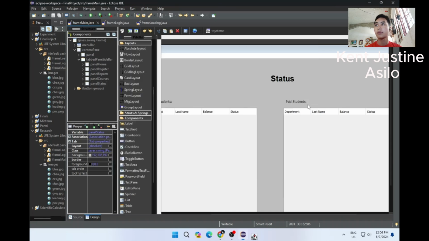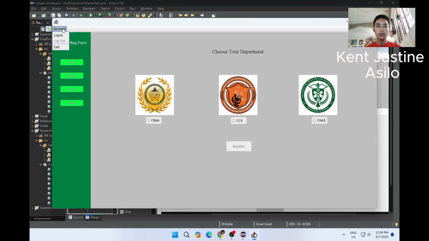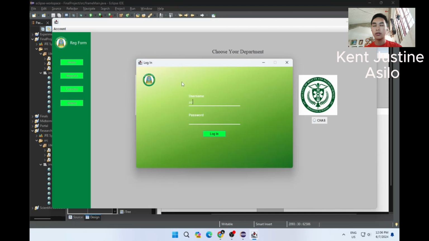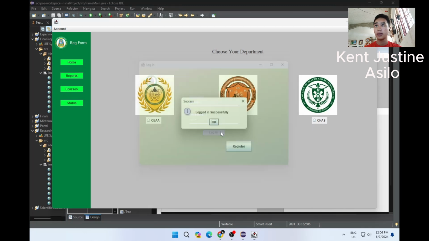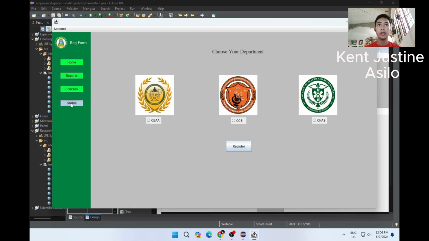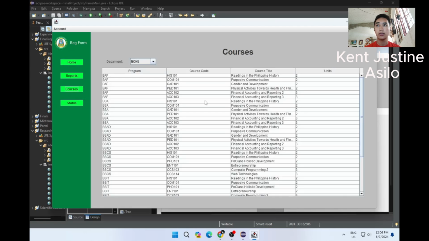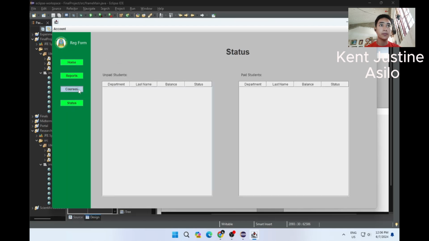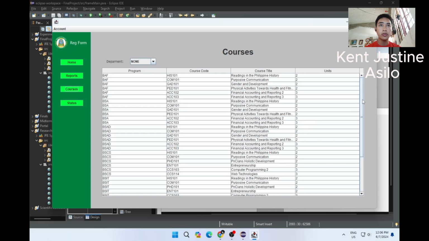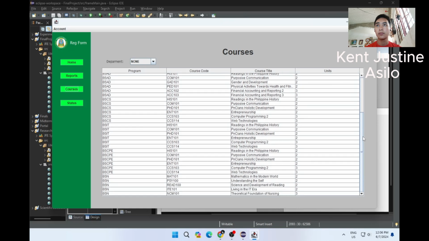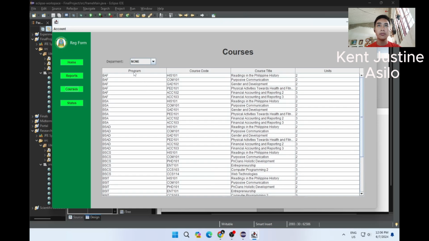Upon running the program, we first need to sign in to our account before we can manipulate everything in our content pane. And this is my part, the courses and the status. In the courses, it only shows the program, course code, and course title.